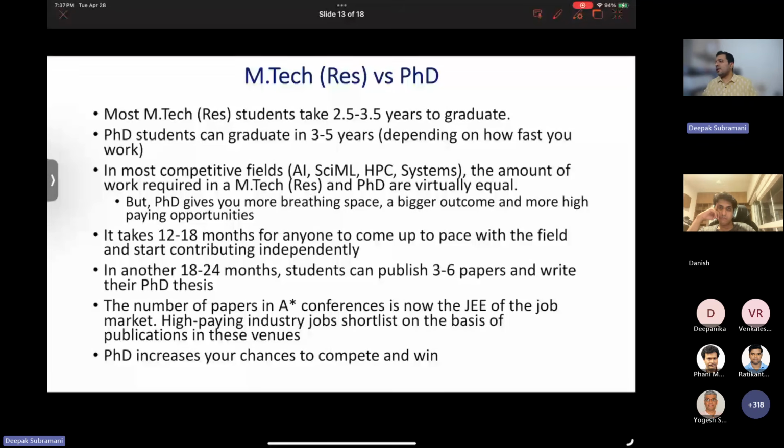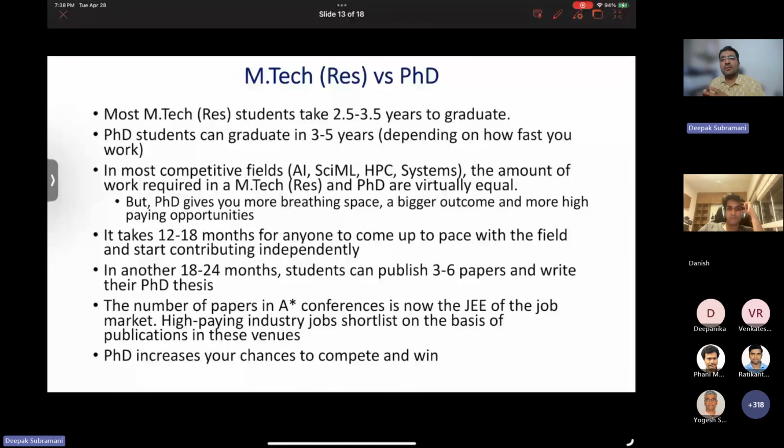Why are some labs putting CS background constraint? No, it's not a constraint. It's what I just explained to you, right? It's all about whether you would be able to contribute, right? So start contributing in 12 months. It's not in anybody's interest if you have to start over and study all first in, first out, linked list, blah, blah, blah, right? Or depth first search, breadth first search, all these things. If you have to start studying from first up, it will take you 3 years to reach up to pace and then start contributing. So we are doing competitive research, right?